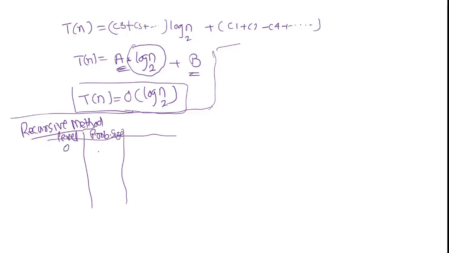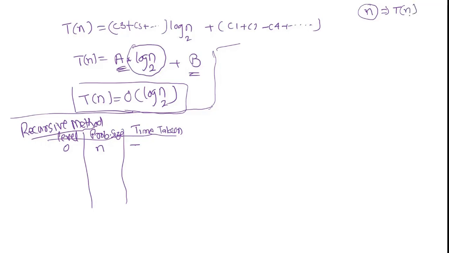So level 0, problem size is n, and time taken. We know that suppose there are n values, n input size, and the problem may be anything like searching, sorting, sum of numbers, any problem, but that involves n as an input size. So to solve that problem, how much time it will take, we can write in terms of a variable